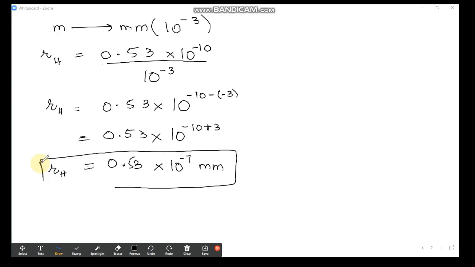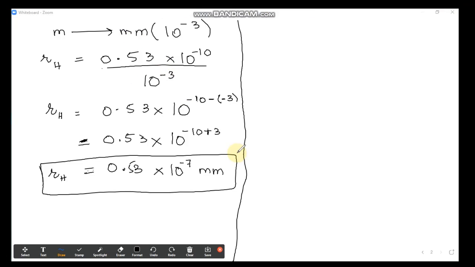Just keep in your mind that whenever you are going from a bigger unit to a smaller one, you have to perform the division. But for the same purpose, you can go for another method, and in this method you can perform the multiplication as well. If you are not feeling comfortable with the division method, you can perform multiplication, but for that purpose you must remember the value of the prefixes. Okay, here I am going to explain the another method of multiplication.